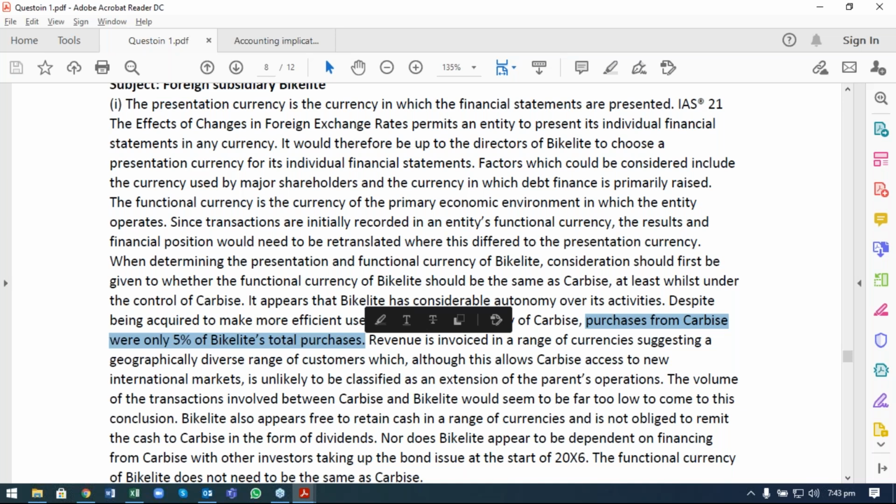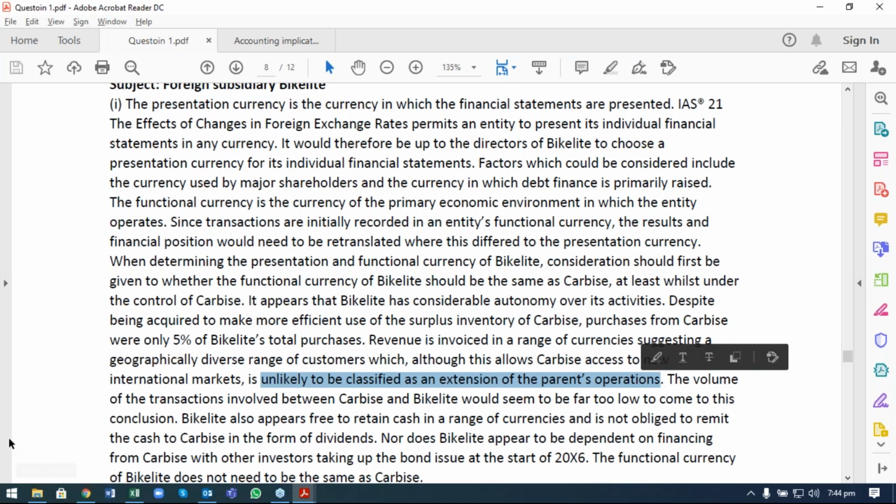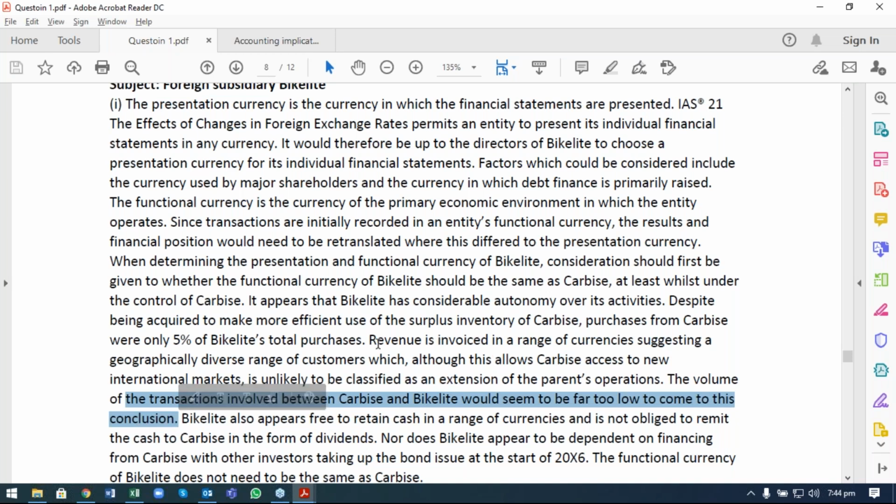Next thing is revenue is invoiced in a range of currencies, suggesting a geographically diverse range of customers, which although this allows Carbise access to the new international markets, it is unlikely to be classified as an extension of the parent operations. The volume of transaction involved between Carbise and backlight would seem to be far too low to come to this conclusion. This whole paragraph up to this point only explains that backlight is autonomous in its operation and it's not depending upon the parent to run its operations, and it's not getting dictation from its parent to run its day-to-day